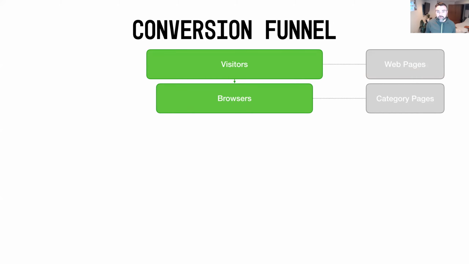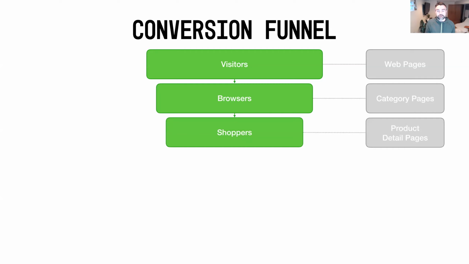So with those, what we would do is we want to convert those people into shoppers. And shoppers would be anyone that's actually visiting what we call a product detail page. Again, using that same metaphor of a storefront, those are people that are actually going up and physically touching a product, maybe picking it up off the rack or taking it off the shelf and looking at it, understanding the details around it, or looking at the tag to see the price, or the care instructions if it's a piece of clothing. Or maybe they're pulling up their phone and looking at what other people have to say about this product. Those would be what we call shoppers.